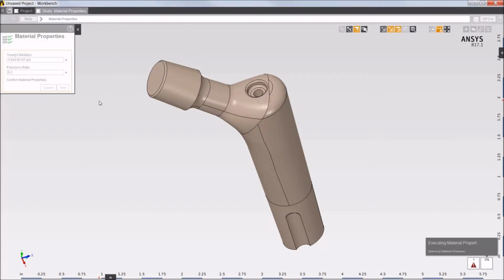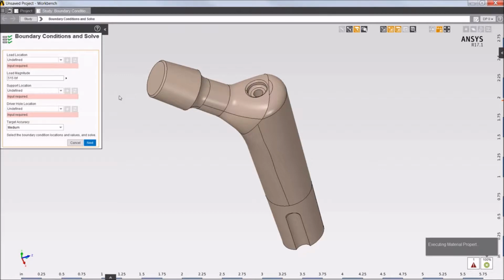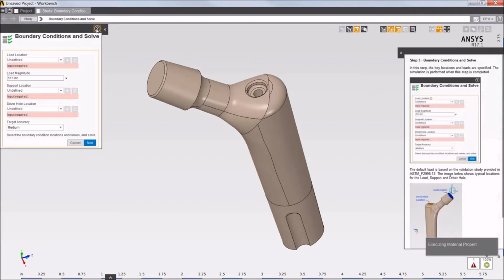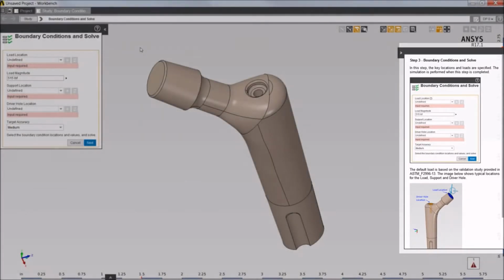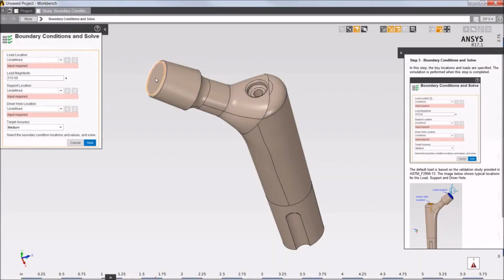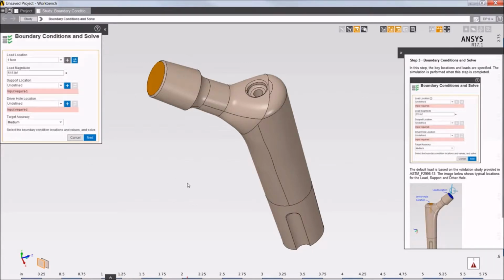Next, I'll define the boundary conditions for the simulation. Note that the app includes customized context help to guide users of the app who may not be experts in simulation. Based on the guidance provided by the context help, I'll define the location of the load,